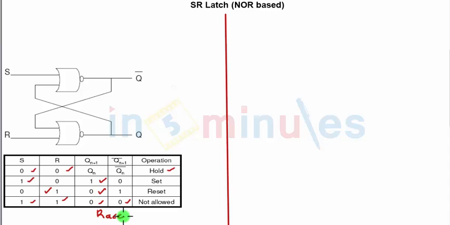Right now the idea is to implement this in static CMOS style. So let's quickly do that. In the previous clip, we have already seen how to implement a NOR using transistors in static CMOS style. We hide the bar. Whatever is below the bar